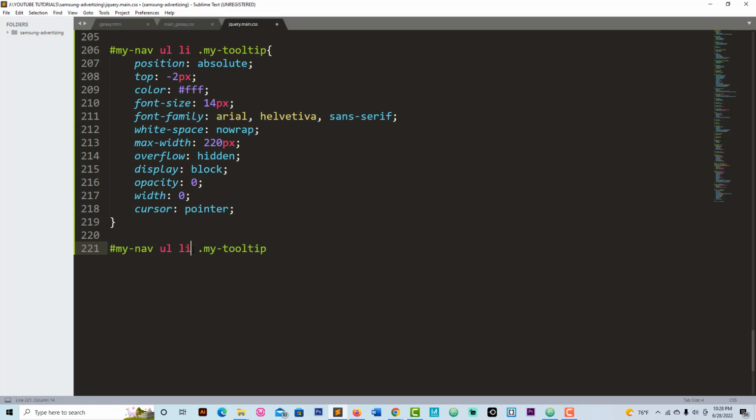Okay, and after li, I'm gonna put hover like this, and comma. Next line, let me add nav that my show active plus